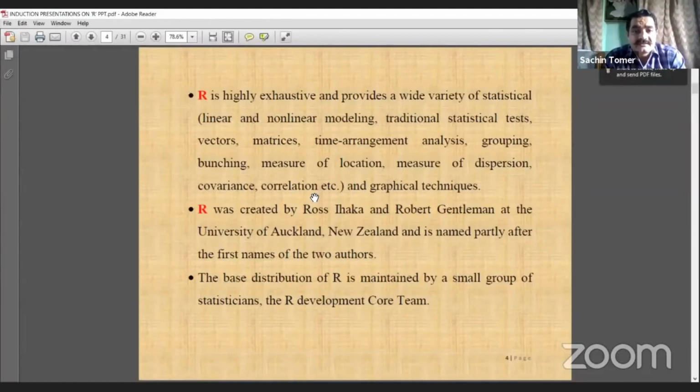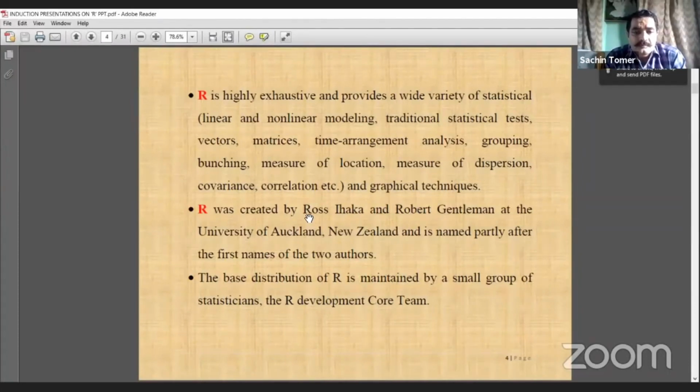An ANOVA table is also there, and some testing of statistical hypotheses. So many things we can do according to our research. Now, the next thing is why it is called R.